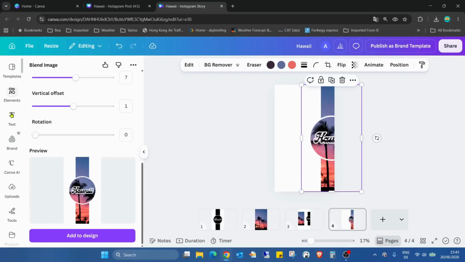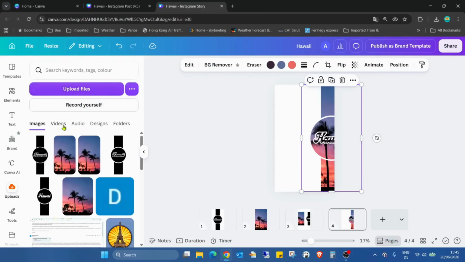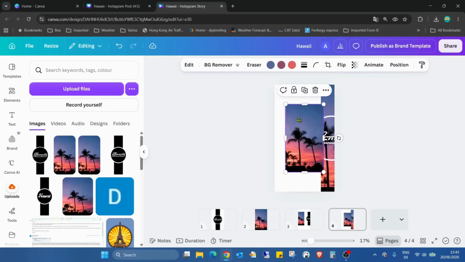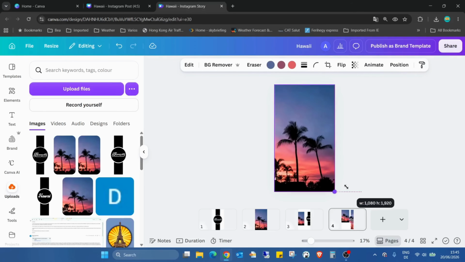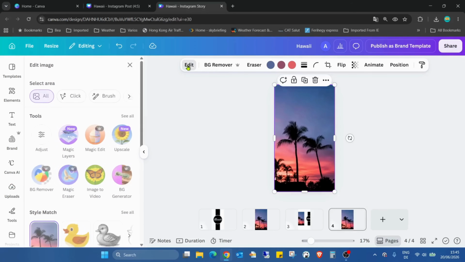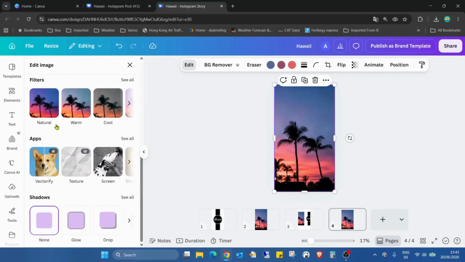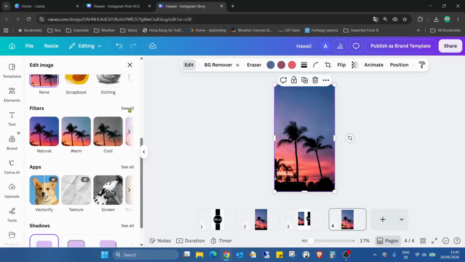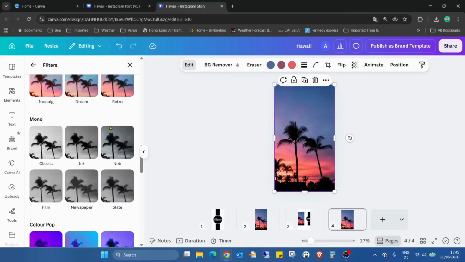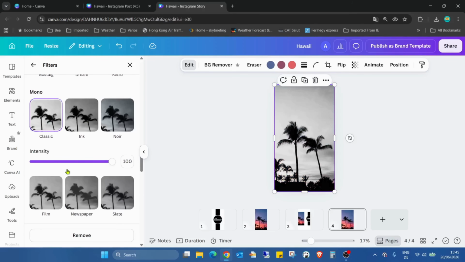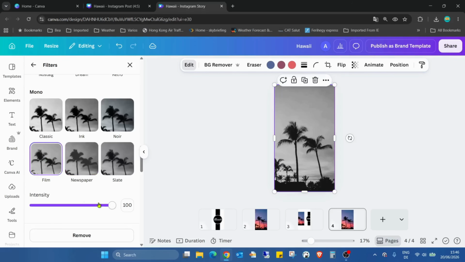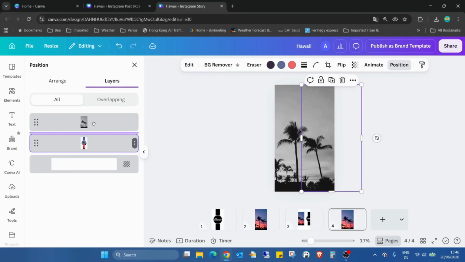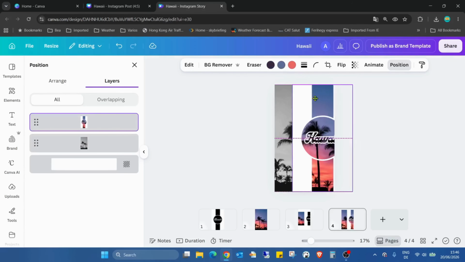I go just scrolling up, going to the uploads, looking for the image that I created, the download, the same size like this, and now going to the edit, and we can go to the filters, scrolling down to the bottom for the mono, and choose what we want. I'm going to the position, layers, I'm moving up a bit, this one, and